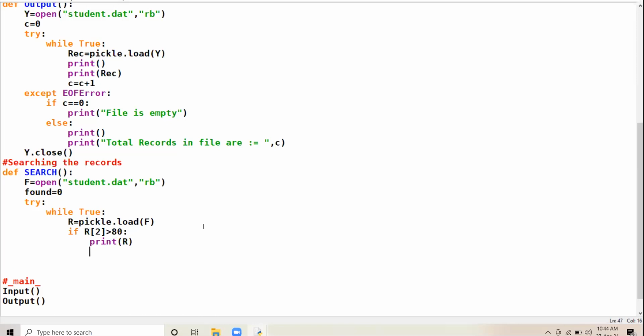Now, if any record having marks more than 80 is found, the found variable will get 1. Clear?